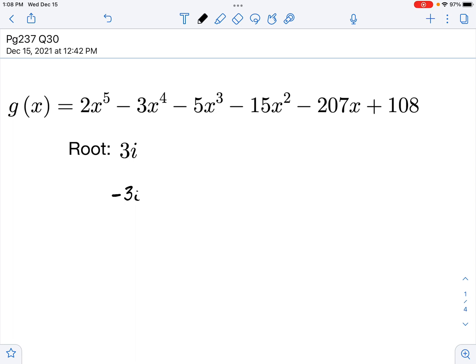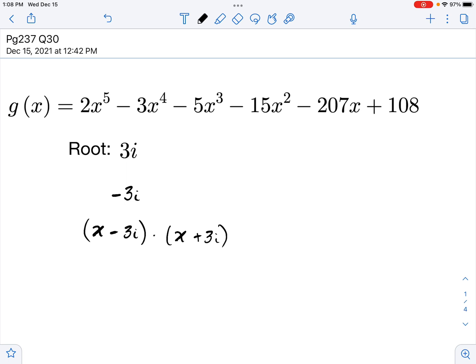So because the root is 3i, it follows then that the factor is x minus 3i. It's one of my factors. That's from that first root that we're given. And that the other root is negative 3i, then the associated factor there is x plus 3i. So I have these two factors. These are two of the factors of my polynomial. What I'm going to do is multiply them out together, and then I'm going to divide that